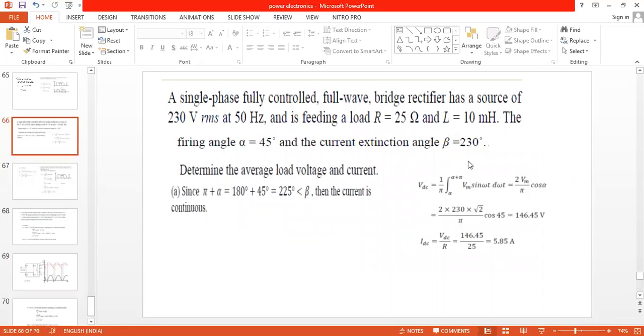Now how to solve this problem, all of you get ready. So what is our input voltage? Vrms equal to 230. We know the formula. Case 1, again go for case 1. What is the formula for case 1? Case 1 is the fully controlled converter. Everyone, what is the formula for case 1, without freewheeling diode? 2 Vm by pi cos alpha. Here we got it, so case 1, very first thing, 2 Vm by pi cos alpha. Just substitute 2 into, and Vm is nothing but RMS voltage into root 2. And please check whether you are getting 46.45 or not, all of you.